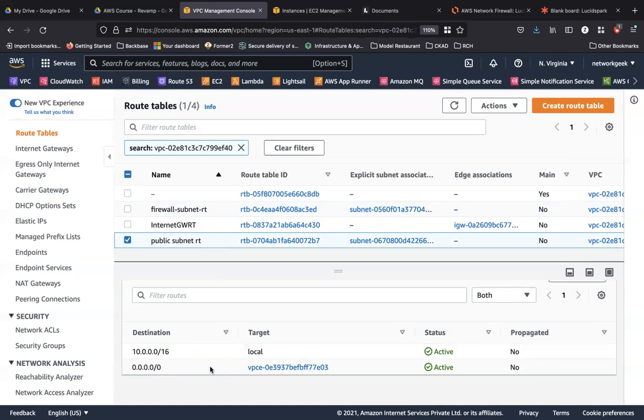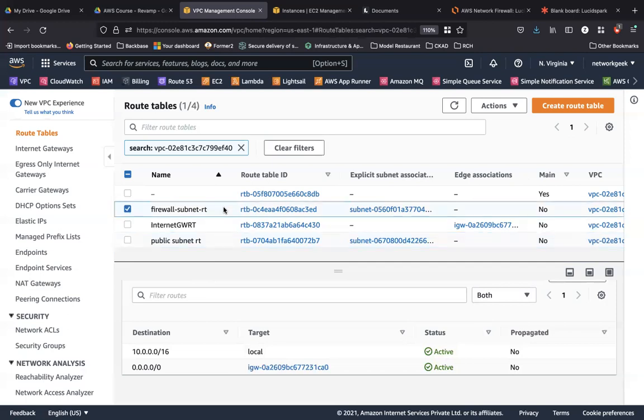So this is what we have mentioned in regards to the public subnet. So if you see the public subnet route table, 0.0.0.0/0, or any traffic before, would actually go to the internet gateway, but in this case is going to the network firewall. And then once it reaches the network firewall, if that traffic is inspected and the traffic is allowed or denied, then you can see that the traffic, if it's allowed, goes through the internet gateway to the internet.